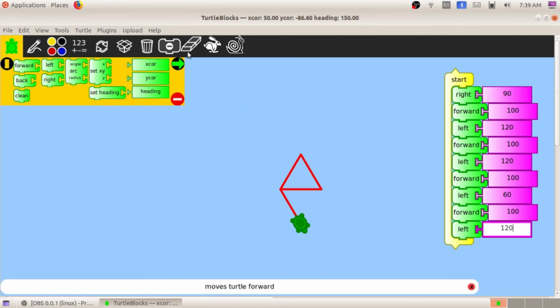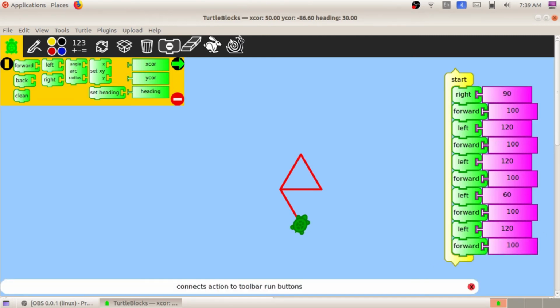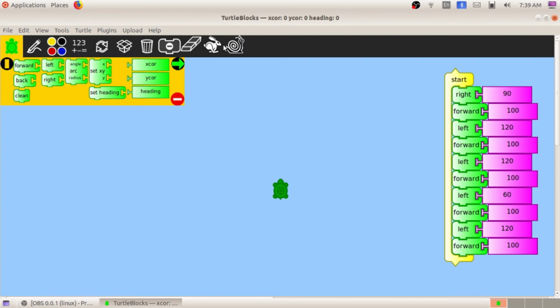Now let us check that. Okay, now forward 100. With that we have completed the pattern. So this is how to create a pattern.